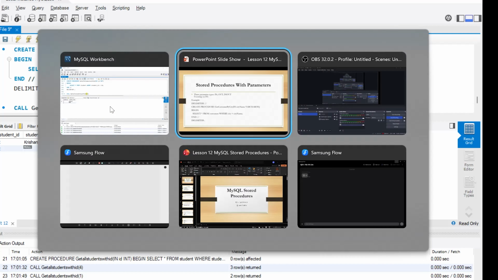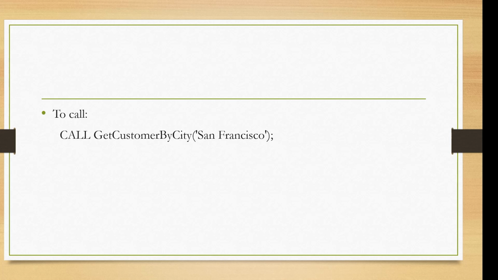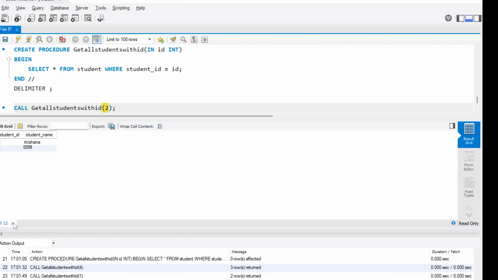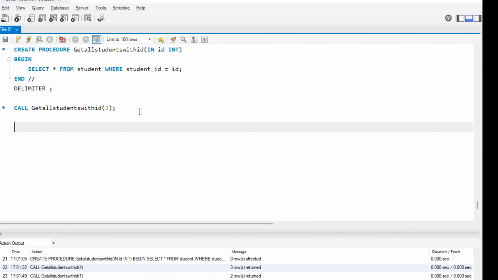So next we will see how we can list or view and delete the procedures. First we will see how to show the stored procedures inside a database. For that we use the show keyword: show procedure status,